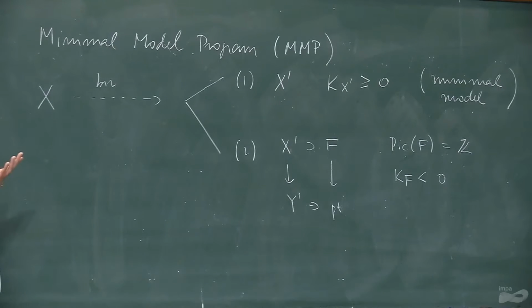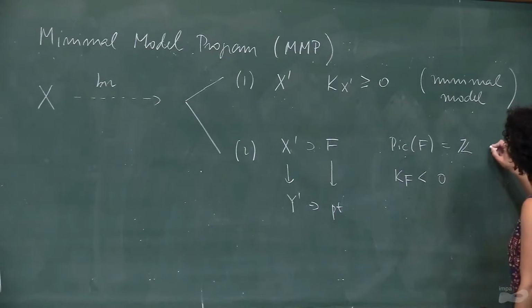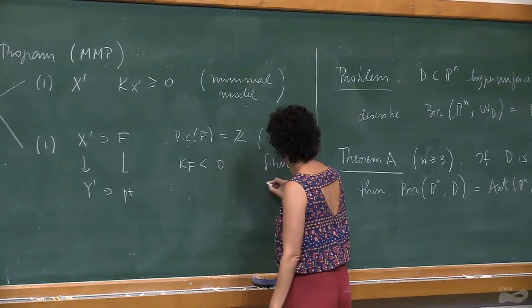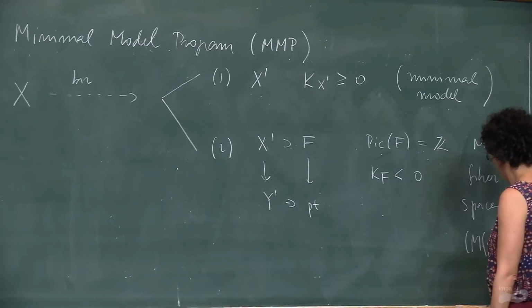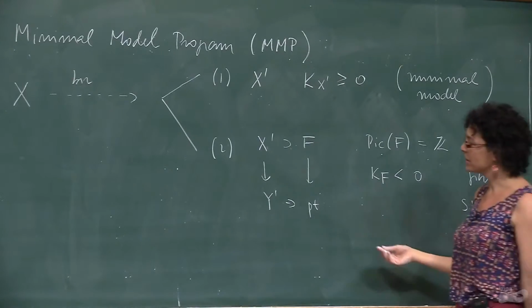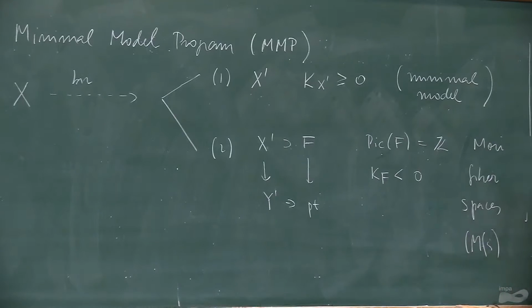And then the next question is, if I make different choices and I get different minimal models, or in this case, what we call Mori fiber spaces, how are they related? Or if you are in the case where you get a Mori fiber space, how can different possible outcomes be related? And the answer is very different in these